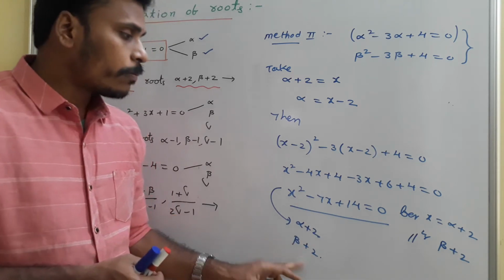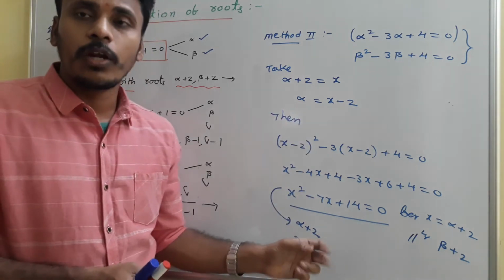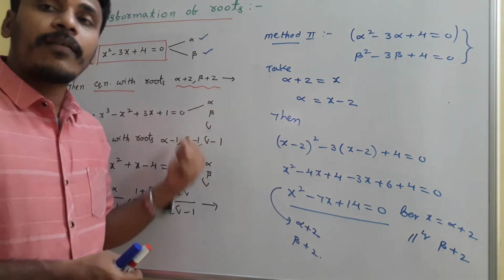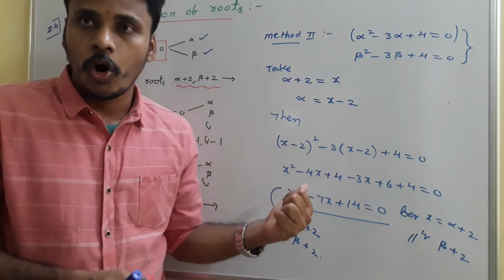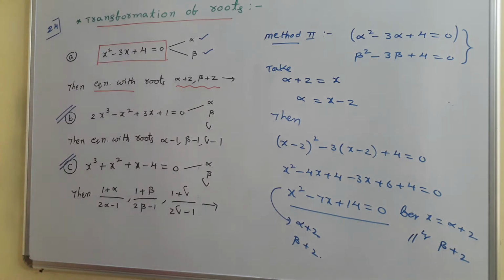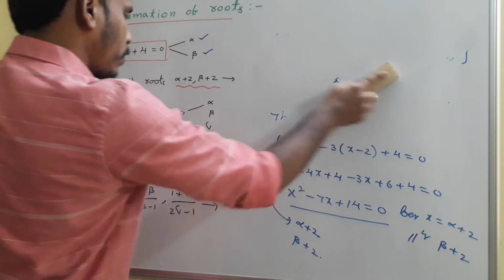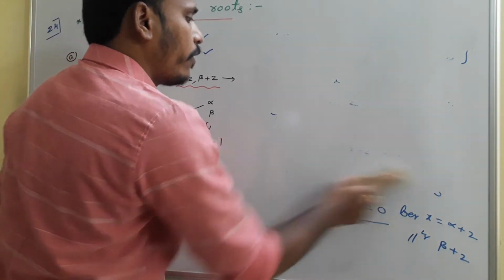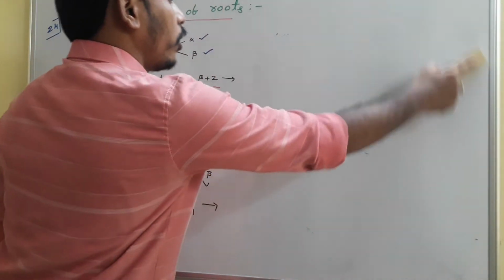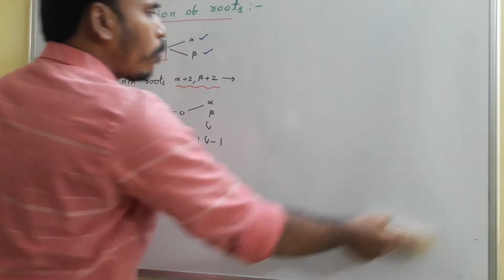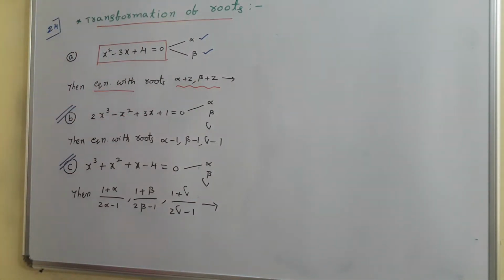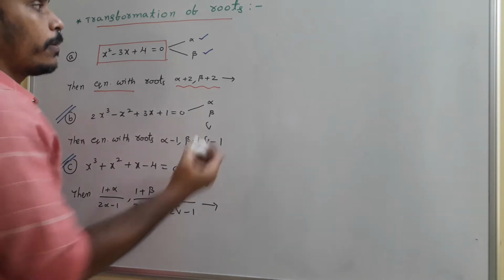Okay. So this is the generalized way to solve all these problems. And I will solve these problems now in this general way. Now think about this second problem. Just look at the problem. We have a cubic equation with 3 roots. Solving this problem in method 1 is somewhat lengthy. So that's why it is very good to solve the problem in method 2.